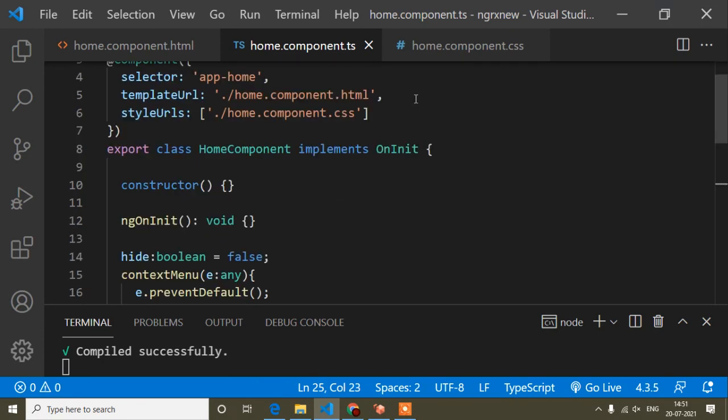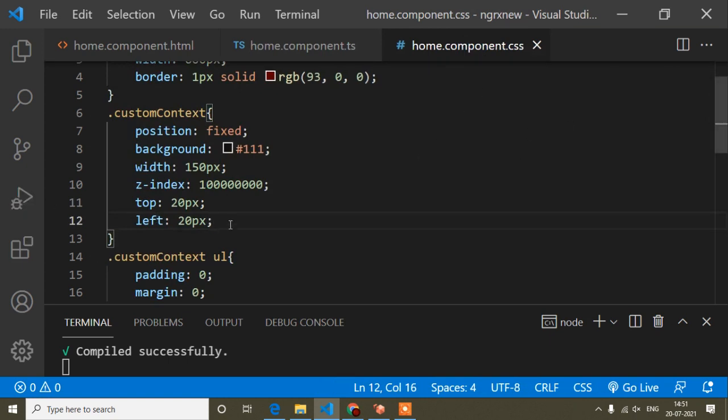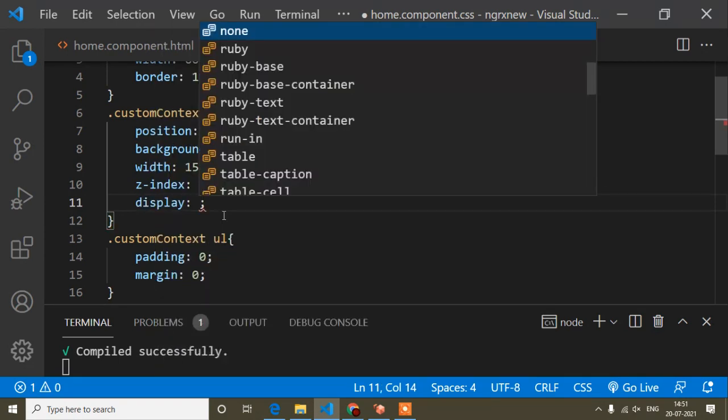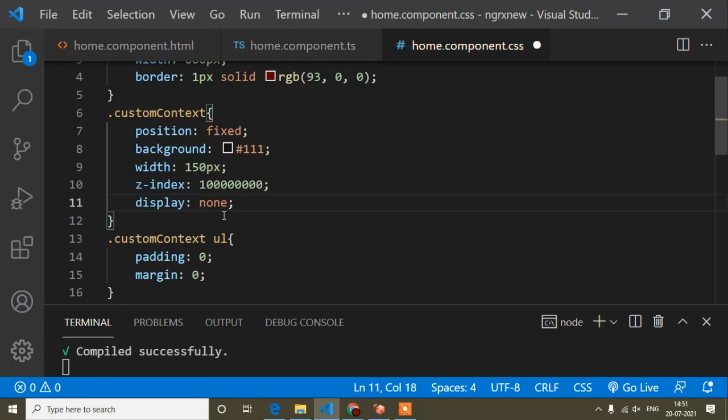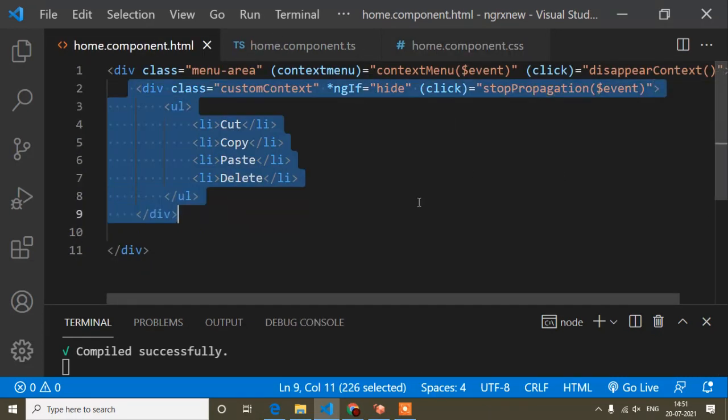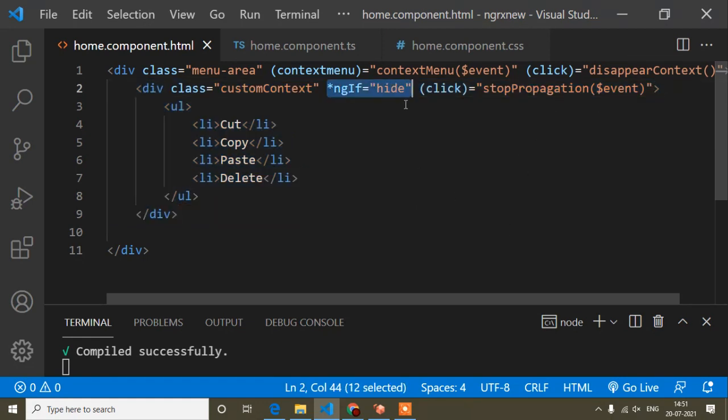So guys, the first thing that I will change is in the CSS. Here I don't need the top and left property, because I will create this dynamically now. So I will remove this from here, and just here I will use the style property display none, because now I will hide this context menu using the style property display none, not this ngIf.